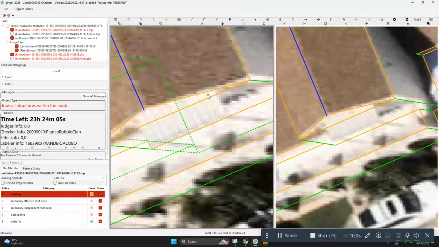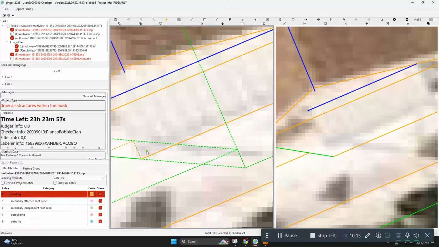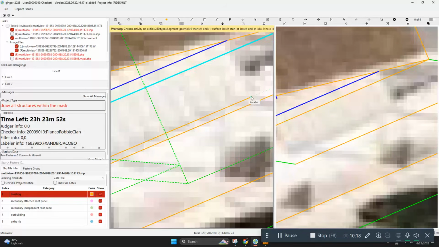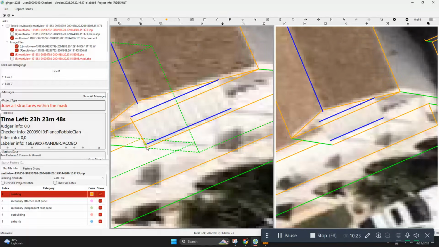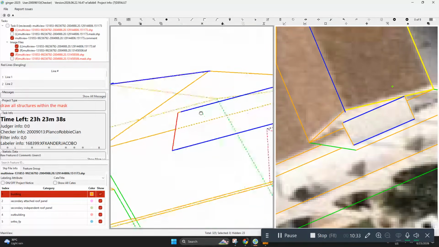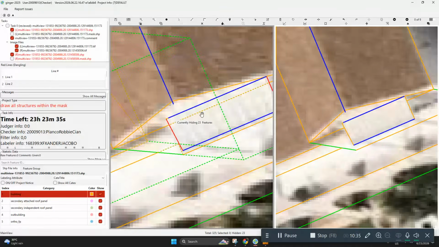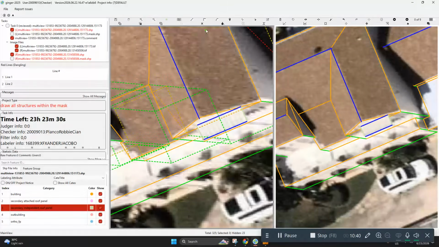First, make an assist line like so, the bottom part, and capture it like so. Since we are seeing pillars below, this should be captured as secondary independent. So let's remove the assist lines.